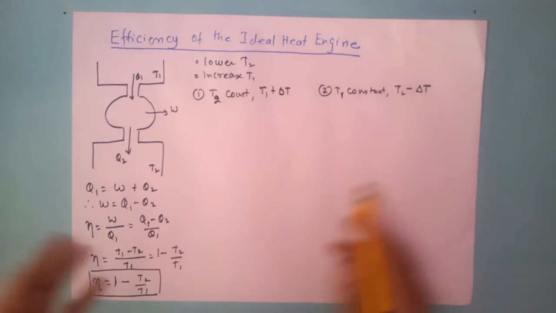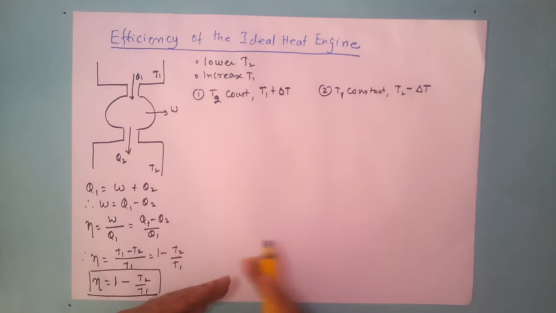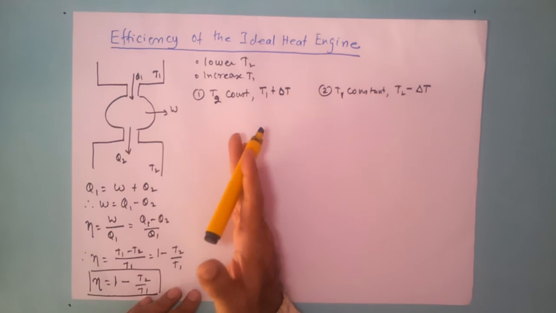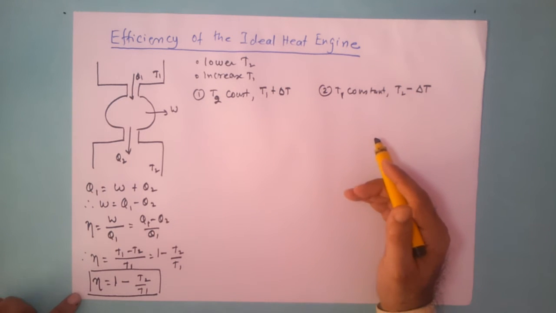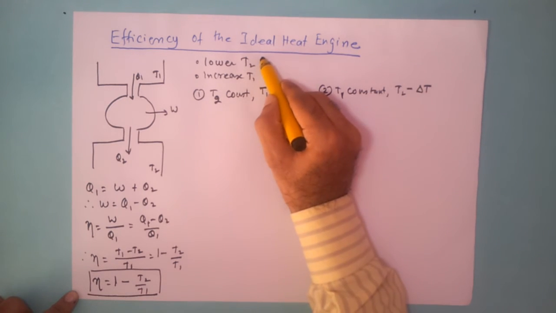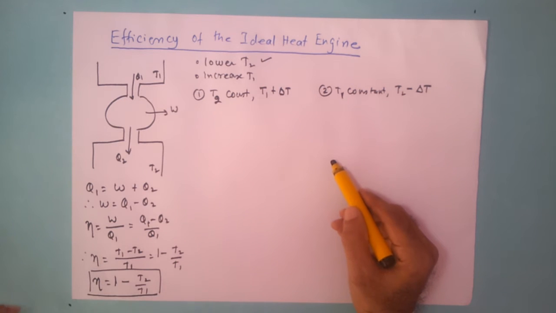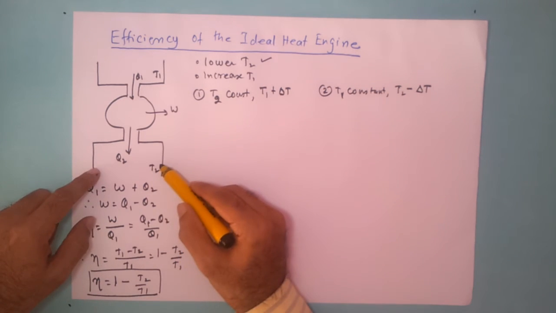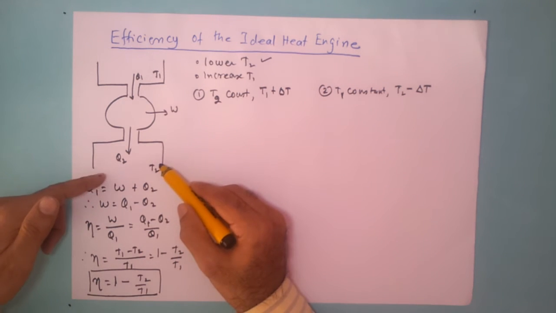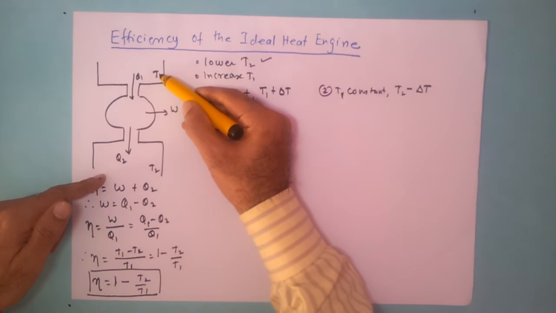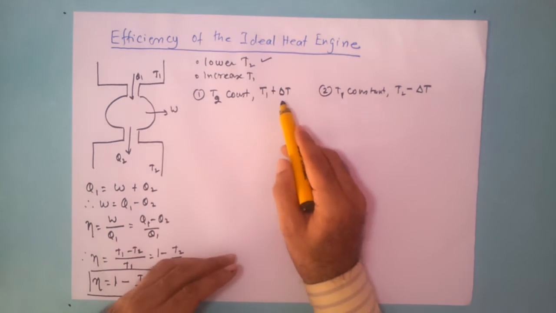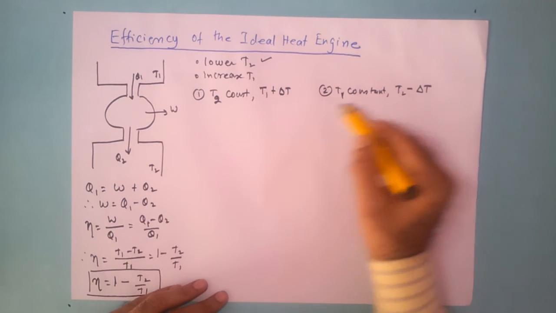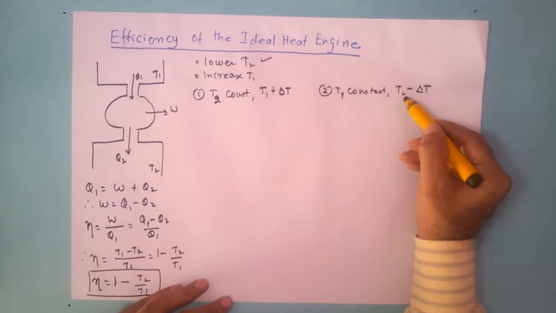Now, we may think that in both cases there should not be any change in efficiency, or that the efficiency over here and here would be the same, but that is not the case. What is observed experimentally is that this is more effective, meaning that lowering the temperature of the sink gives us more efficiency as compared to increasing the temperature of the source. Even though both these changes are the same, when we decrease T2 we get more efficiency.